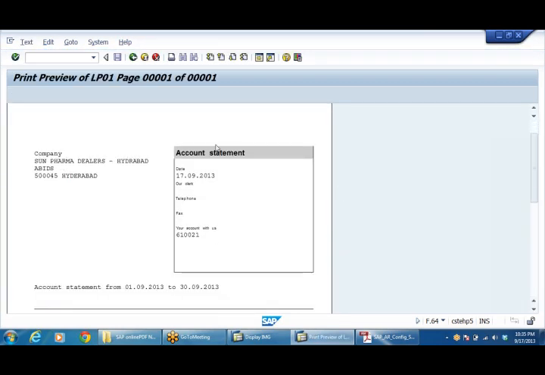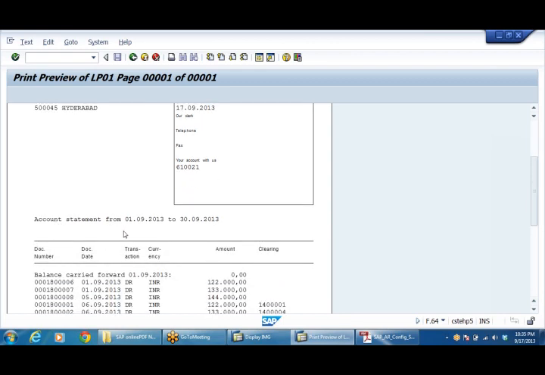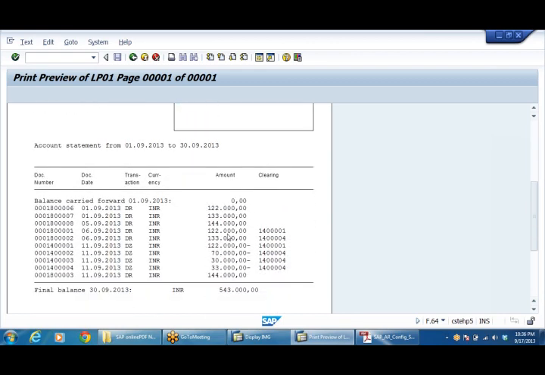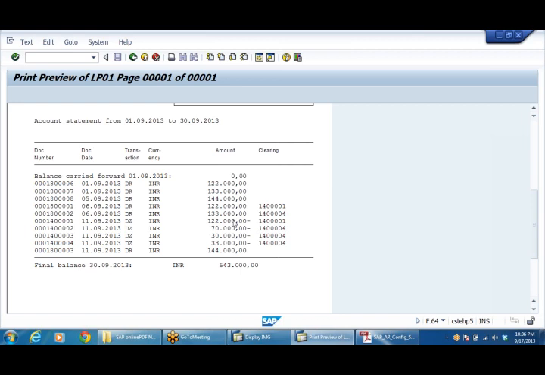Say Sun Pharma, account statement from 19 to 39. So whatever the debits, credits, everything will be visible here, right, all. But in a real scenario, what we do is, invoice number will be given on the top, invoice number and invoice date. Transaction DR means customer invoice, DZ means customer payment. Right, here they don't understand DR, DZ. That's why we write invoice and payment.